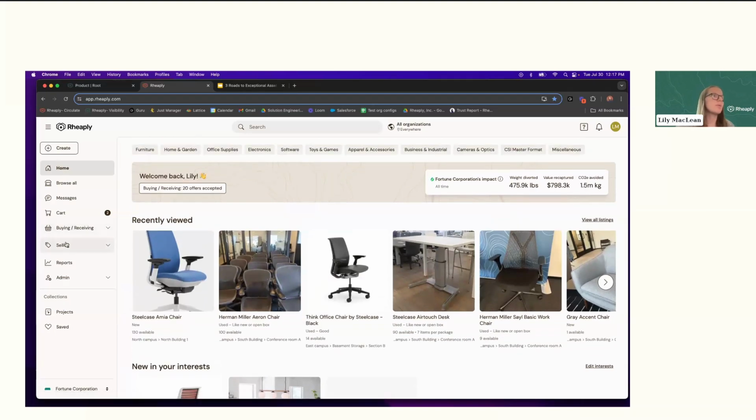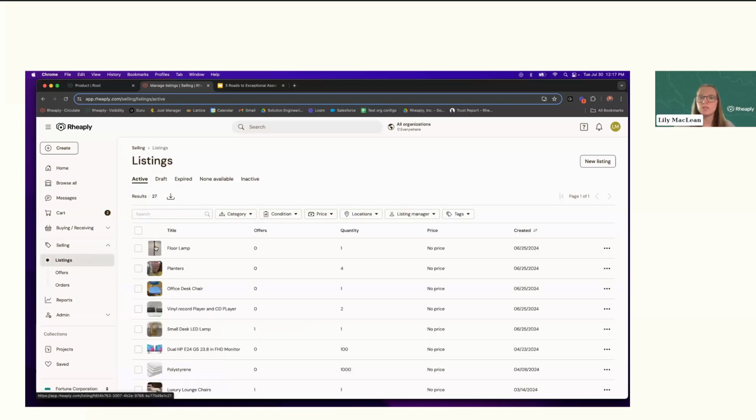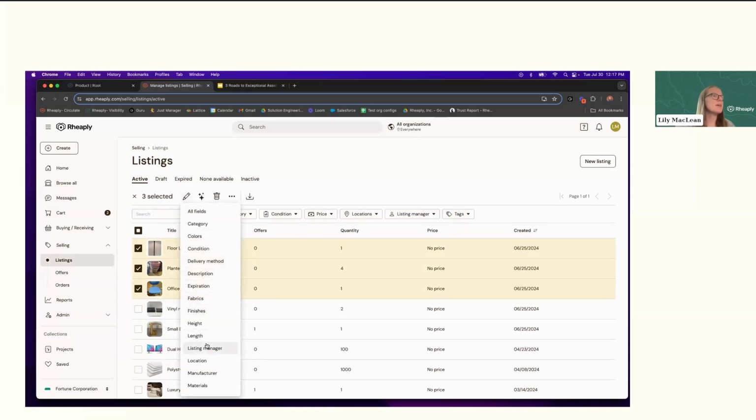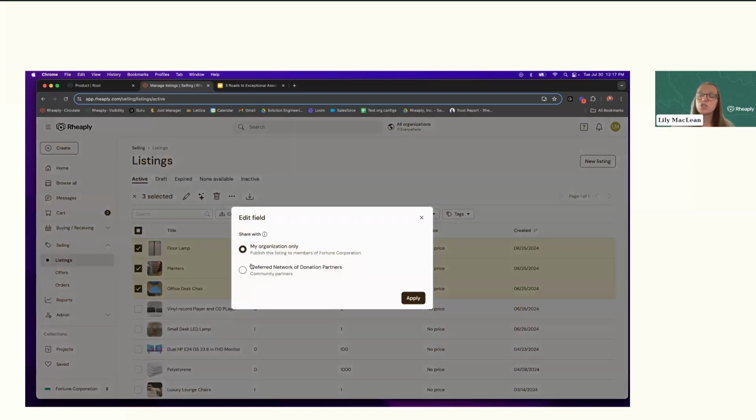The really cool thing about our tool is you have the choice as the organization to choose who sees what with these resources. So I can come in and say, actually, these resources are no longer needed by me and my internal teams, and I want to share them with a different sharing group.